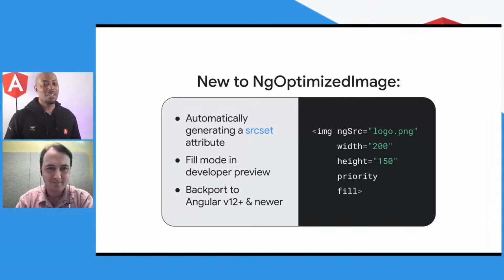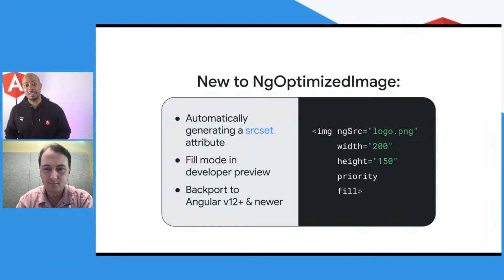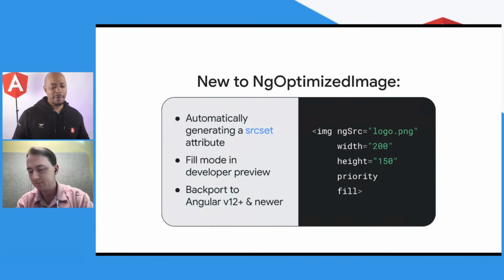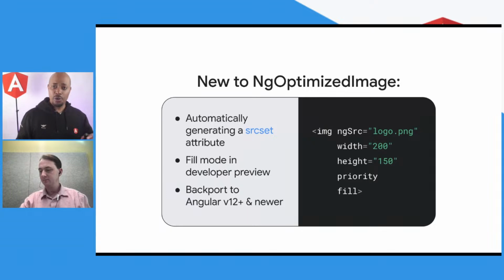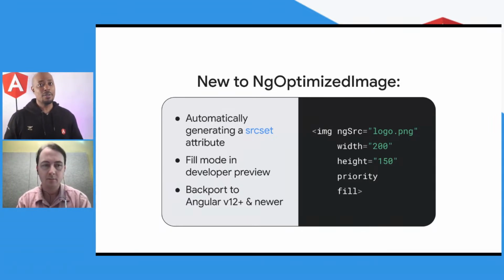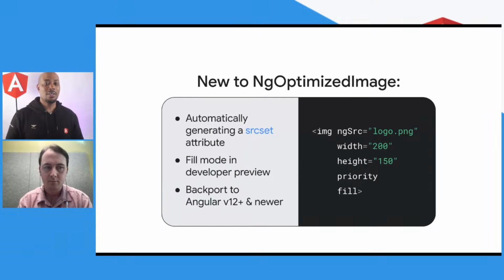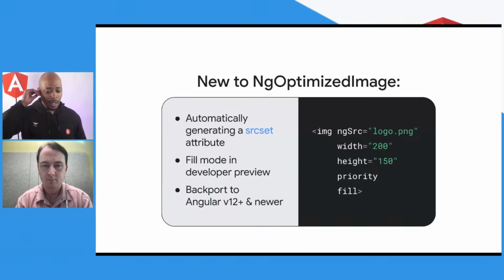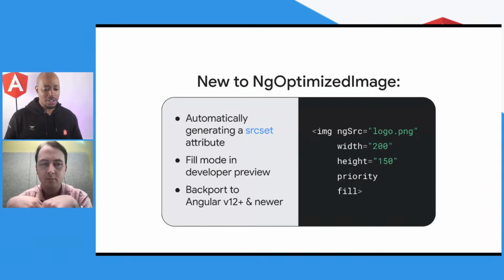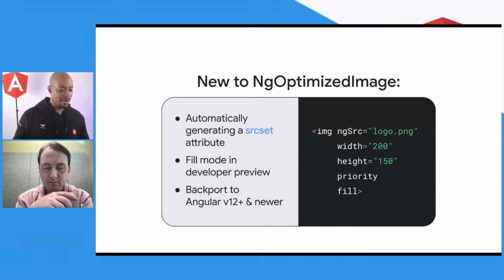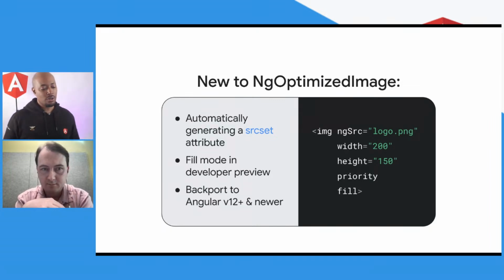Let's see. As a part of this latest release of this directive, we added something for you. The automatic generation of the srcset attributes. I had to learn about srcsets actually when I was trying to understand some of the value in some of the things we were adding here. Srcsets are super rad. They allow you to just have images of different resolutions and different sizes based on some criteria that you can specify on your web page. And so now you can use the srcset attribute. It'll generate it automatically. Oh, and guess what? We backported it to Angular version 12 and newer, just because we care about you.